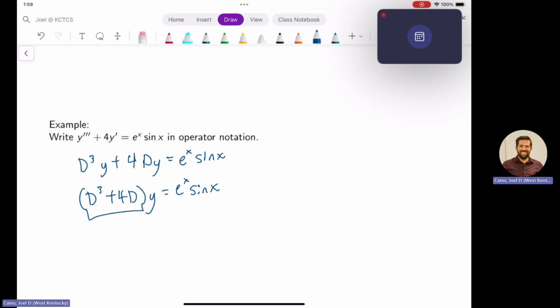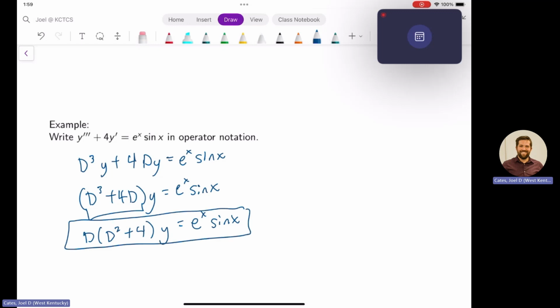And really, I could treat that thing as D squared plus 4 by y. That's equal to e to the x sine of x. And that would be a simplified operator notation for my DE in that case. Now,